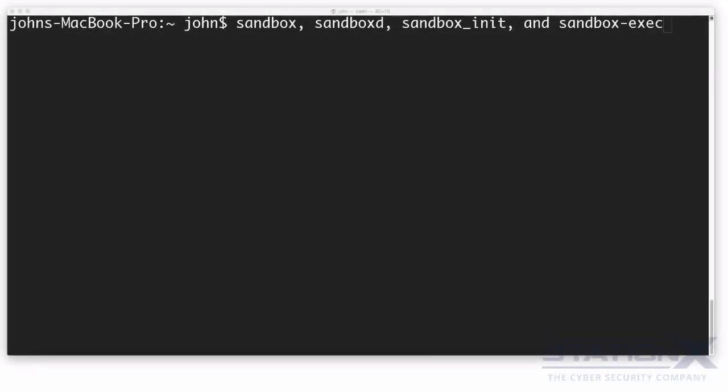Sandbox is an application isolation for Mac OS X. Apple has included a sandbox facility, originally codenamed Seatbelt, with the release of Mac OS X 10.5 Leopard in 2006. This facility includes the commands sandbox, sandboxd, sandbox_init, and